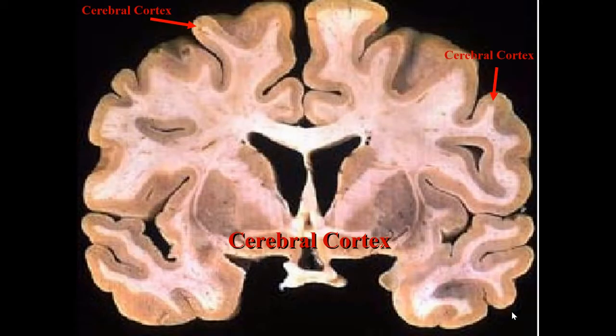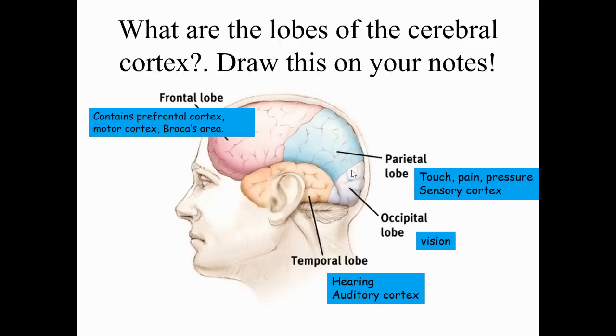And gray matter, this is what it looks like. Gray matter is very densely packed neurons, and that's where all your thinking happens. You see all the white stuff? Okay, that, as far as we know, is just connective tissue. But the gray matter is where all the really good stuff happens. That's the cerebral cortex. And the cerebral cortex is divided into lobes, and these are the lobes, and you need